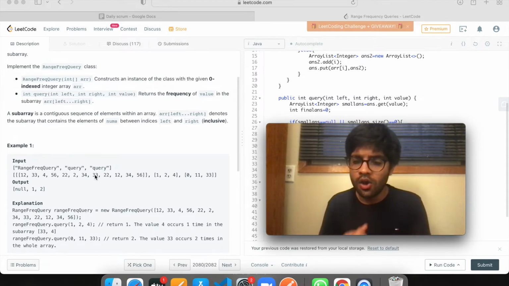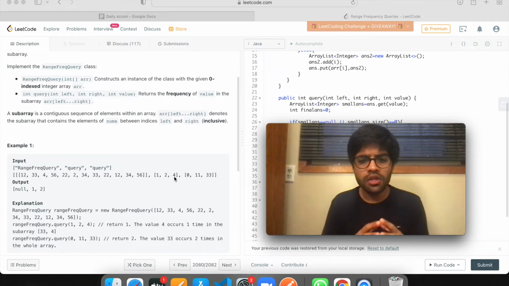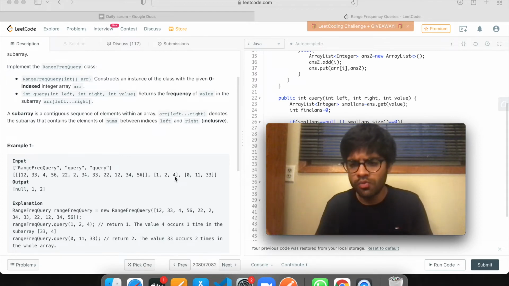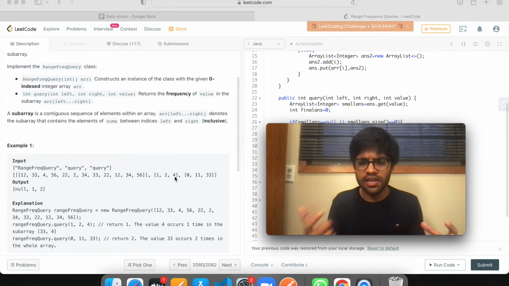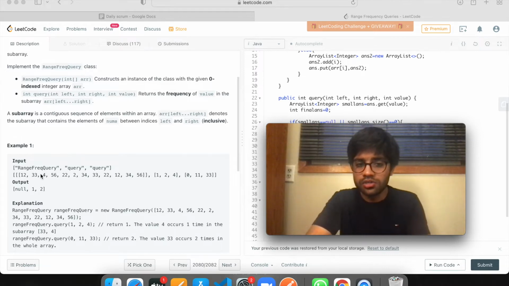How are we moving towards the solution? Once this mapping is created, what we'll do is, once we get a query, we'll directly search the array list for that element. So the query is given to me like 1 comma 2 comma 4. I'll search for the list corresponding to 4. That can be an order 1 operation. I'll just get that array list from the hash map. In that array list, for example, 4 would be present at the second location, right? The index is 2. Now I'll search, is 2 present in this range, 1 or 2?